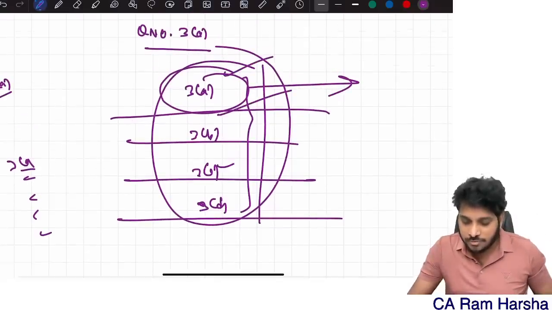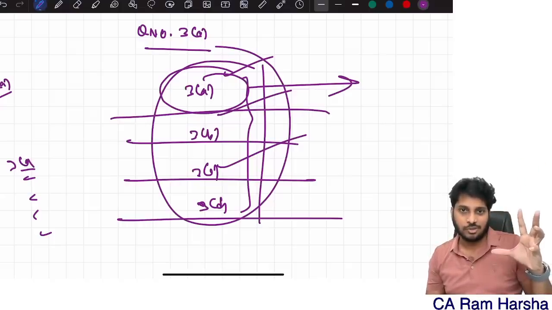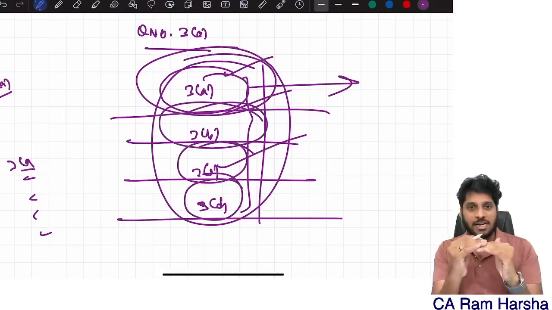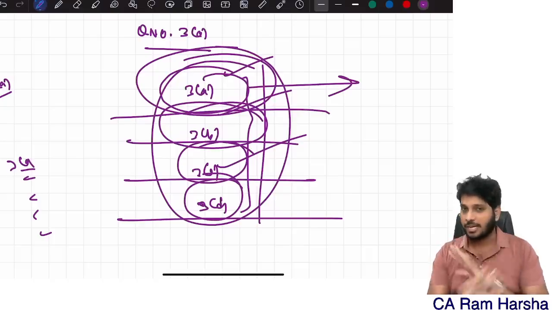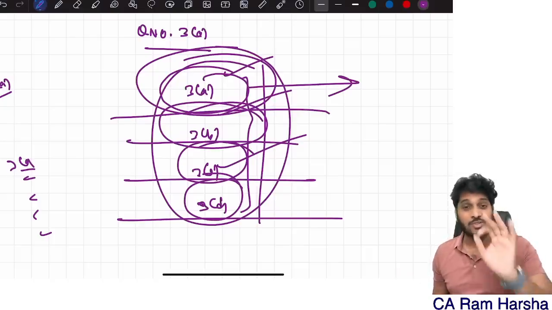So these are all different questions only, but they are part of a single big question called 3. So these are at the end of the day different questions. So don't worry. You can happily write 3A, 2D, 4C, 4D like that. No problem at all. So this is one issue which I wanted to clarify.